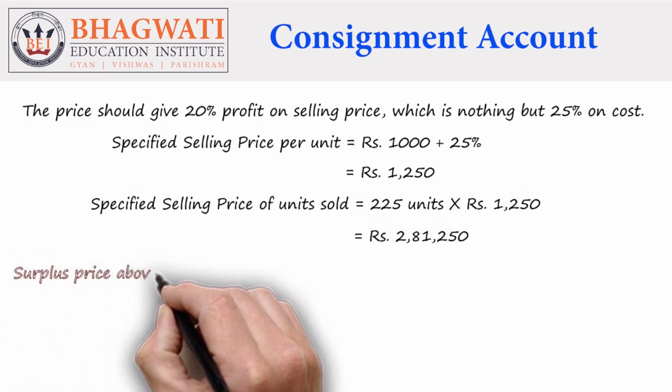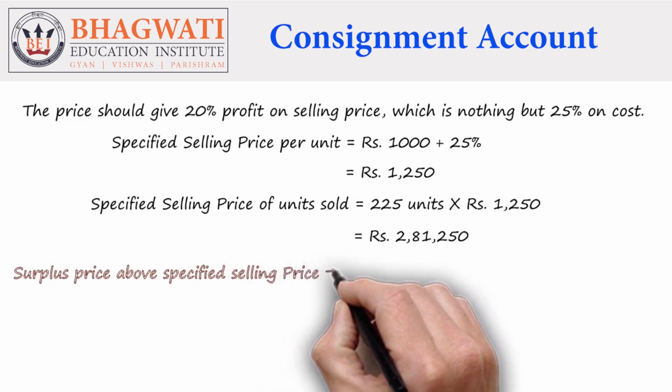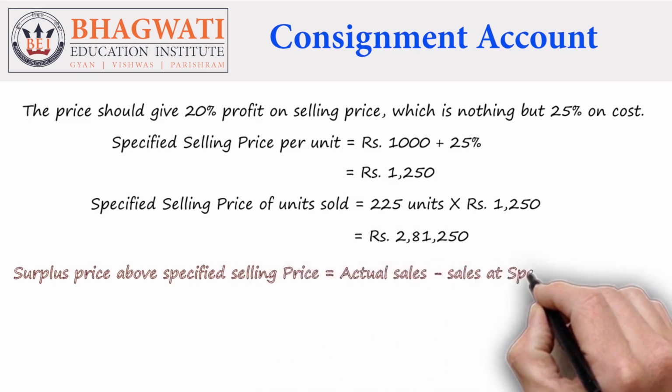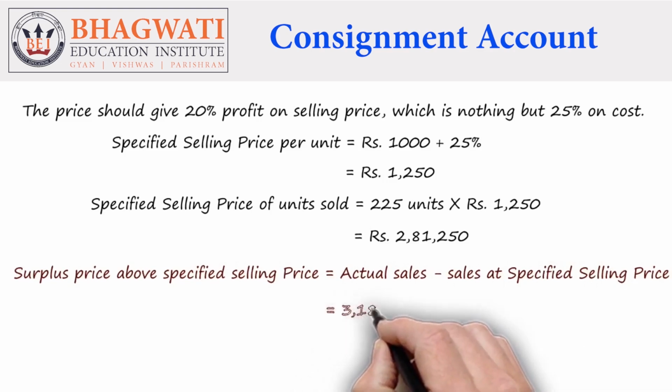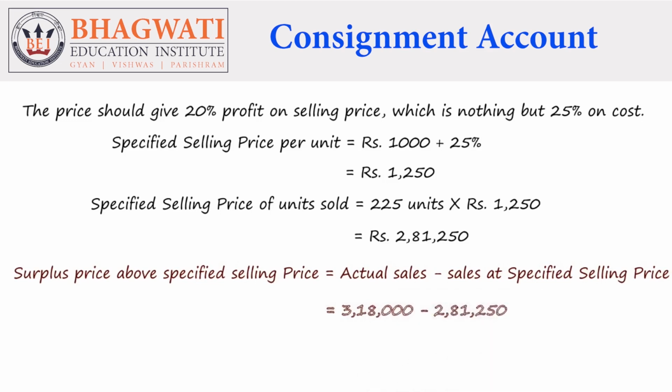2,81,250. Now surplus price above specified selling price, that is actual sales minus sales at specified selling price. Now 2,81,250 was the price at which the consignee should have sold it. But the consignee has actually sold these units at what value? 3,18,000. So we need to calculate how much extra amount he has realized. That is rupees 36,750. So that 25% should be applied on